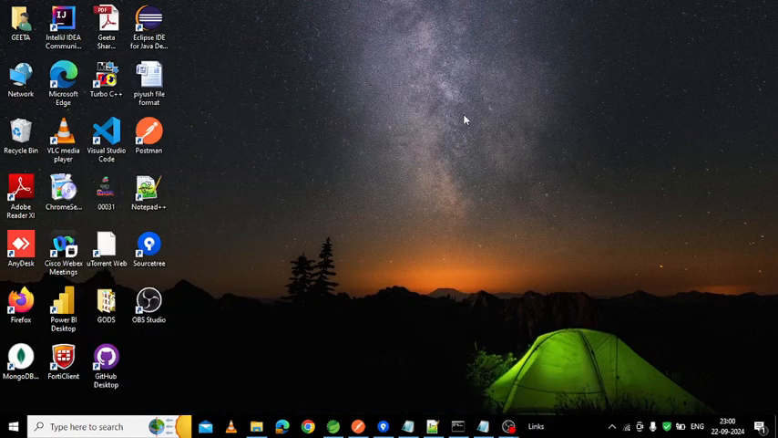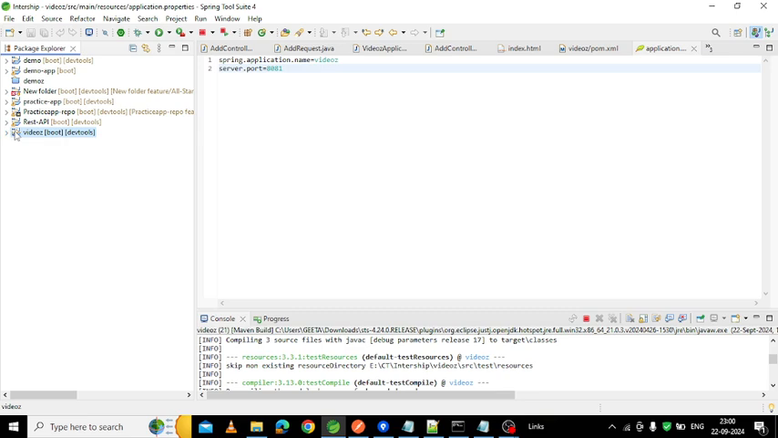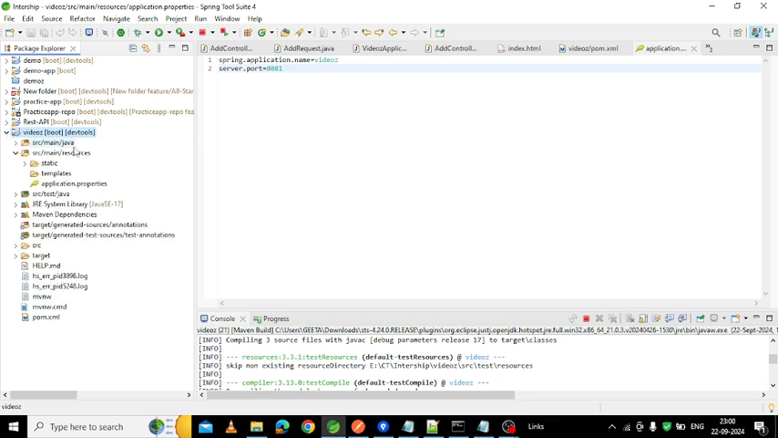Hello friends, today we will discuss how to build a Spring Boot application in the IDE, and we have built a code that we test using API testing. So basically, how do we build our code? We just